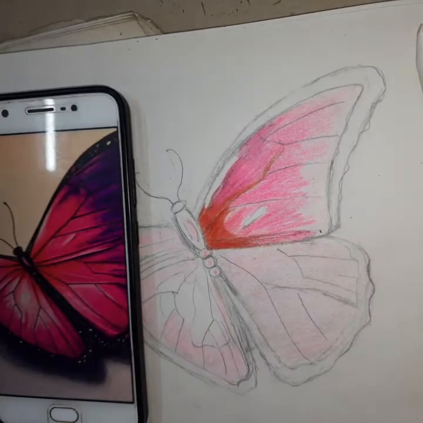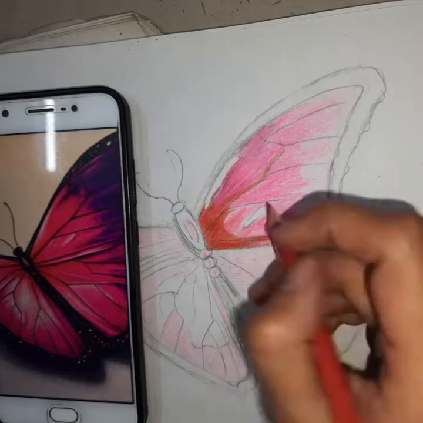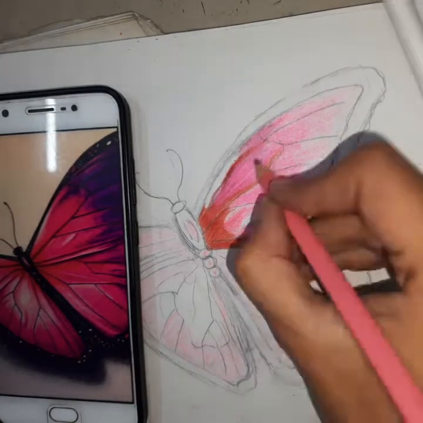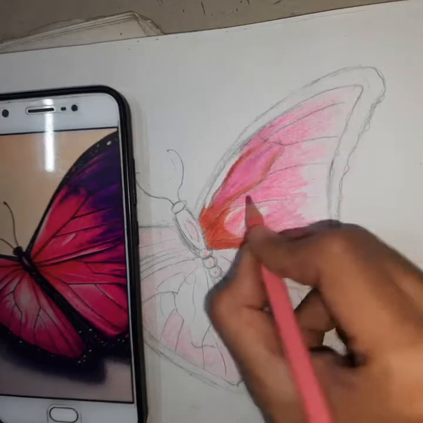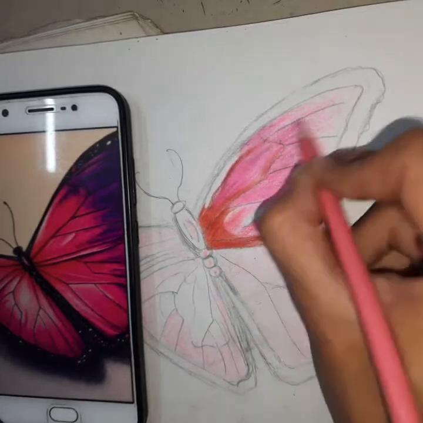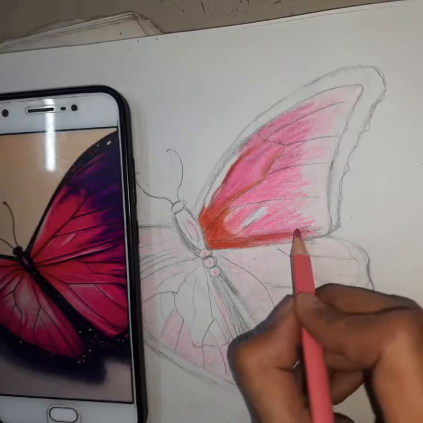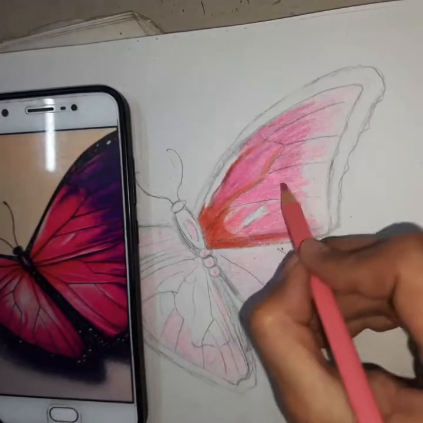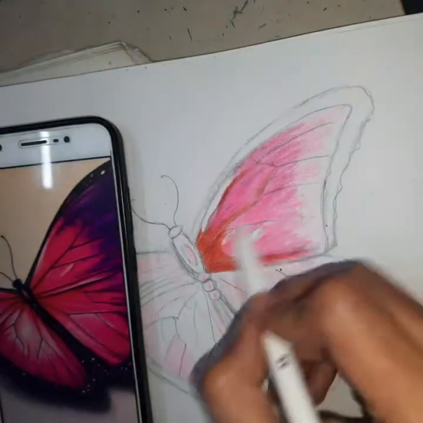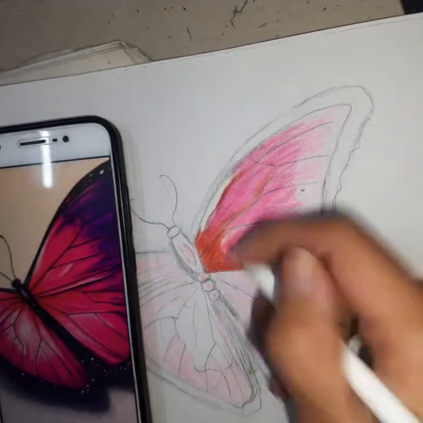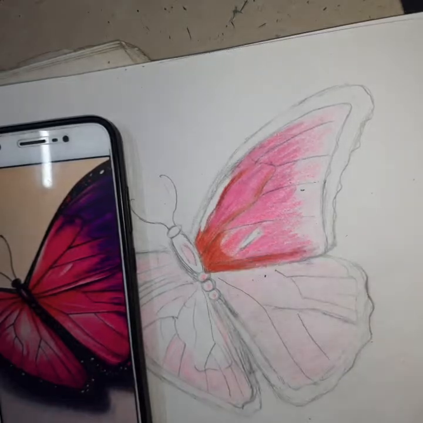So as you can see, I have done my reddish and orangish part and now I have done the pinkish part where I could see that pinkish color. I am not specific to one pink color. I am mix matching many pink tones that I have with me in this Faber-Castell, to get the darker shades wherever it is the darker one.